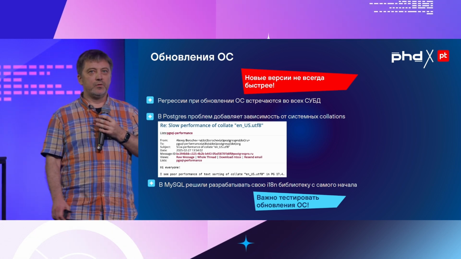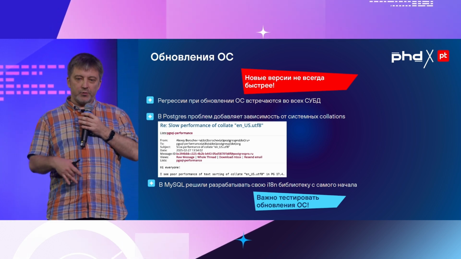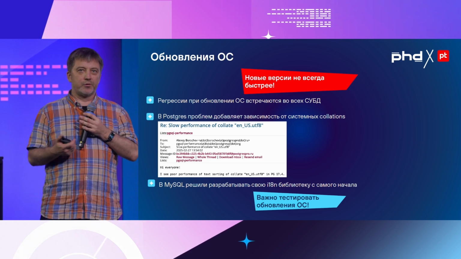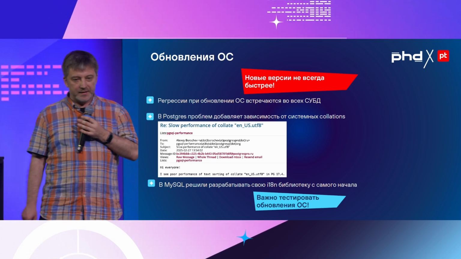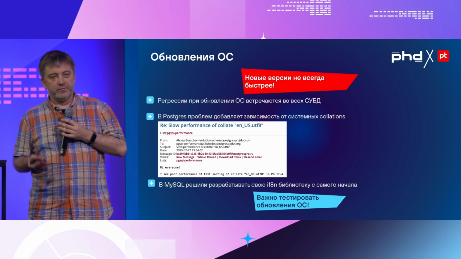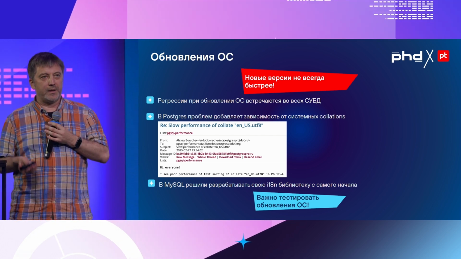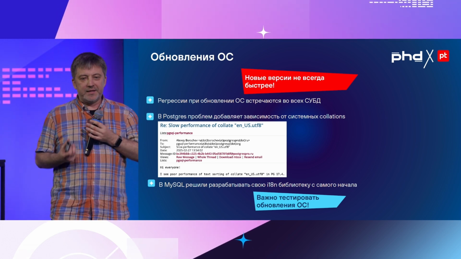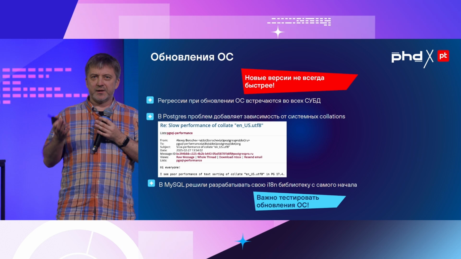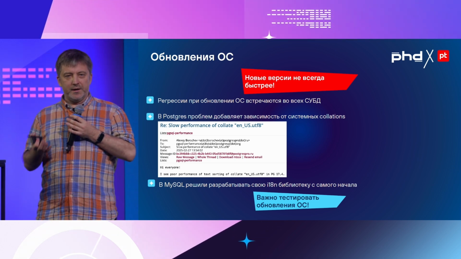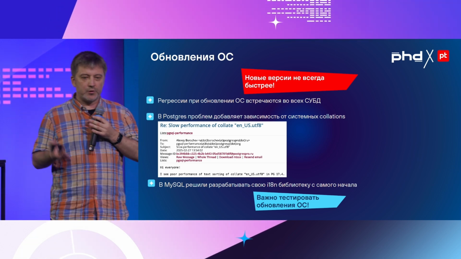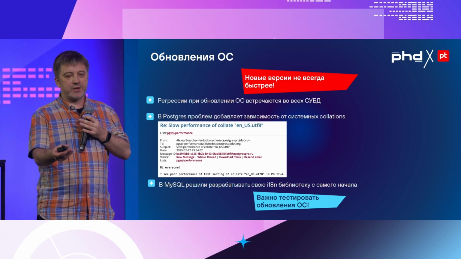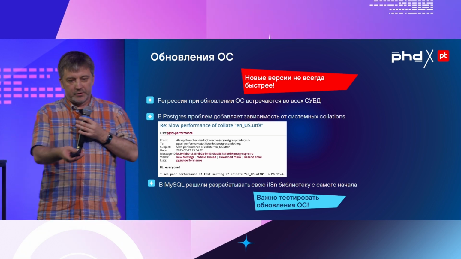Operating system updating. It's not talked about a lot in the context of database design, but actually it can affect performance in quite an unexpected way. So problems with any database can happen with respect to operating system updates. And for many years, it's been known that with Postgres, the order of sorting has been affecting that.